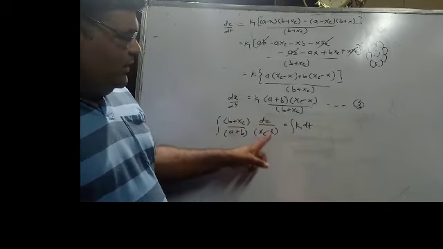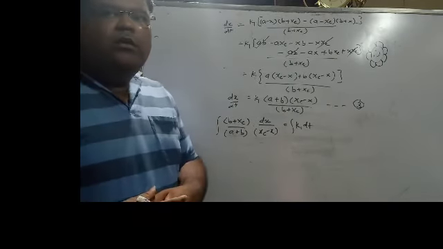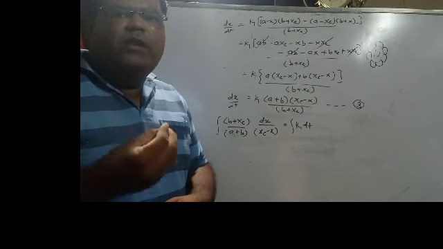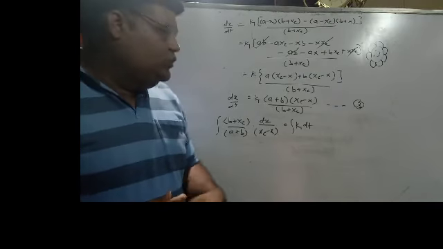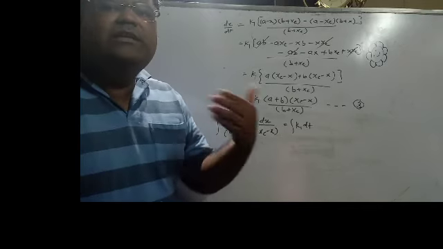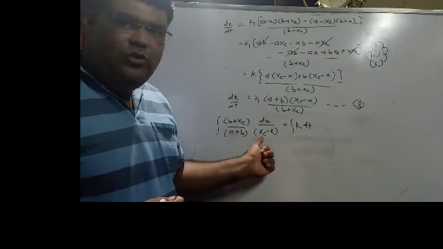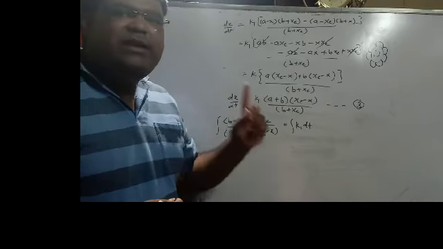So what will be the integration of 1 upon (xe minus x)? So we know that integration of 1 upon x is ln x. So it will be ln (xe minus x). But you have to differentiate that term one more time. So differentiation of xe is 0 and differentiation of minus x is minus 1.